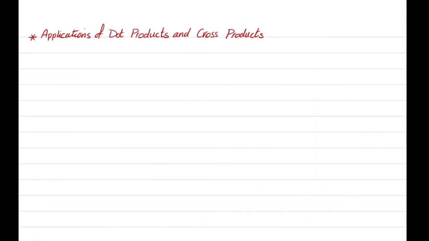So far, I've talked about the application of the dot product, and now I'm going to talk about the application of the cross product. So let's say that the vectors A, B, and C do not lie in the same plane, and they form a parallelepiped. So let's say here, these are the three vectors that we have. So the volume of this parallelepiped, which is formed with edges A, B, and C, will be equal to the area of the